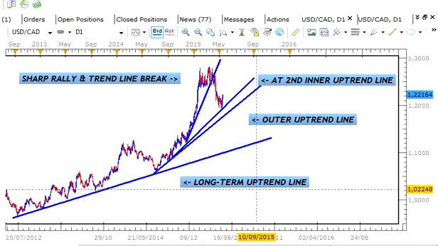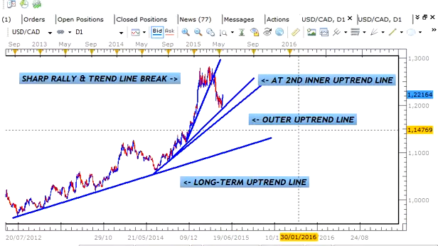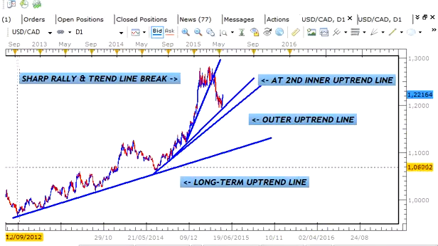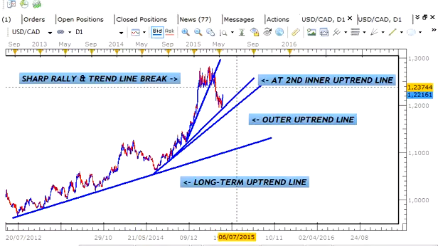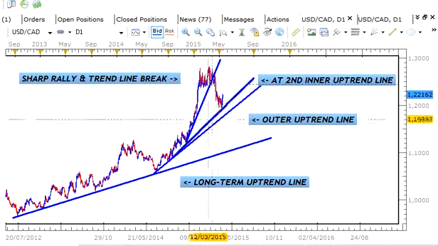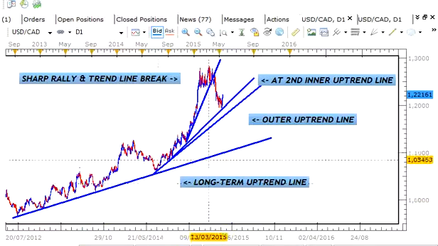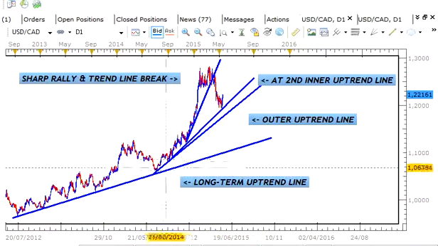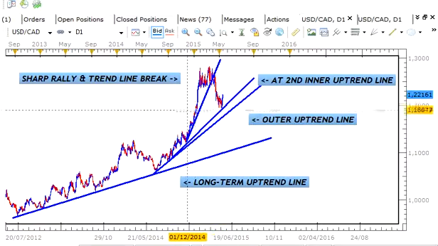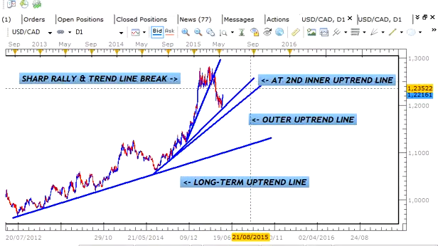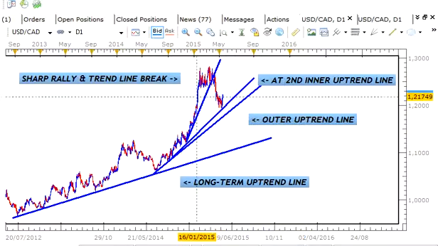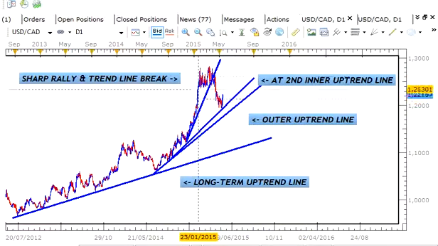Here we can see the wider view of this pair on the daily chart. We can see that since 2012 the pair has been in a very strong uptrend, creating these various uptrend lines in the process. Here we see the main long-term uptrend line, which then branched off into two inner uptrend lines as well as an outer uptrend line. On the left-hand side of the chart, you can see that the market rallied sharply